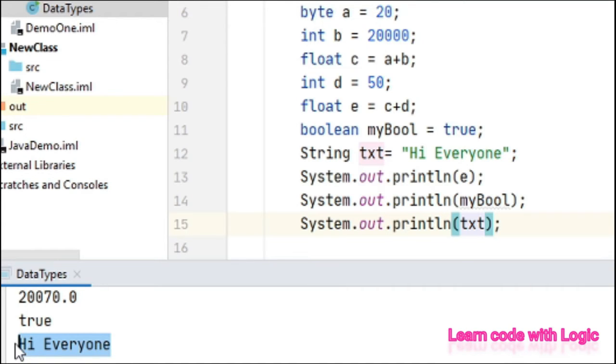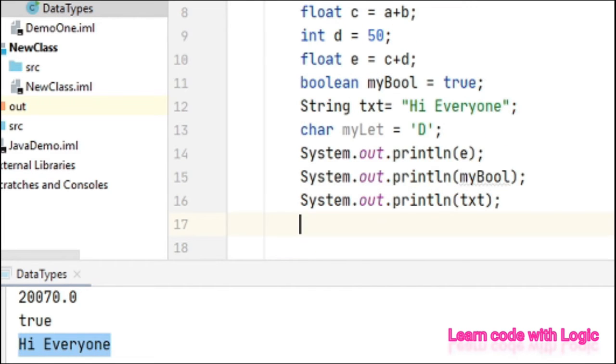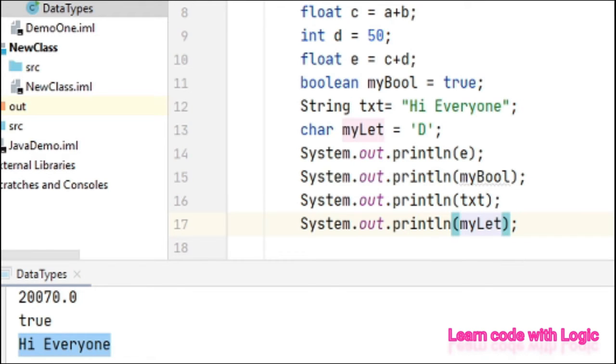Now let's see the character. Character myLetter equal to, suppose, D. It prints the D here.